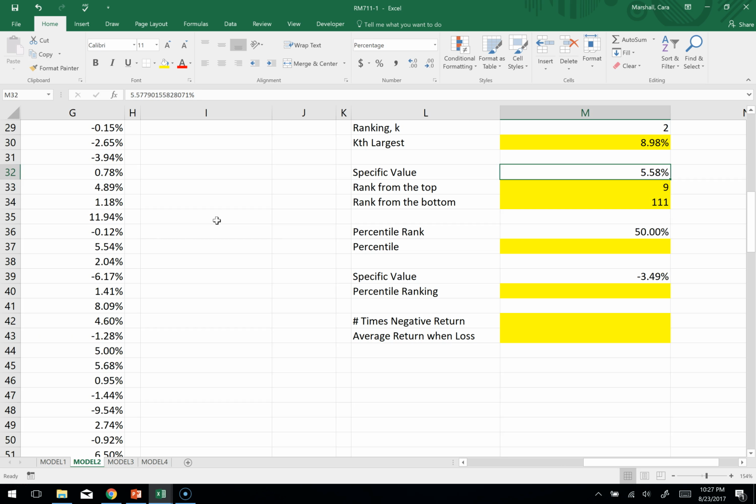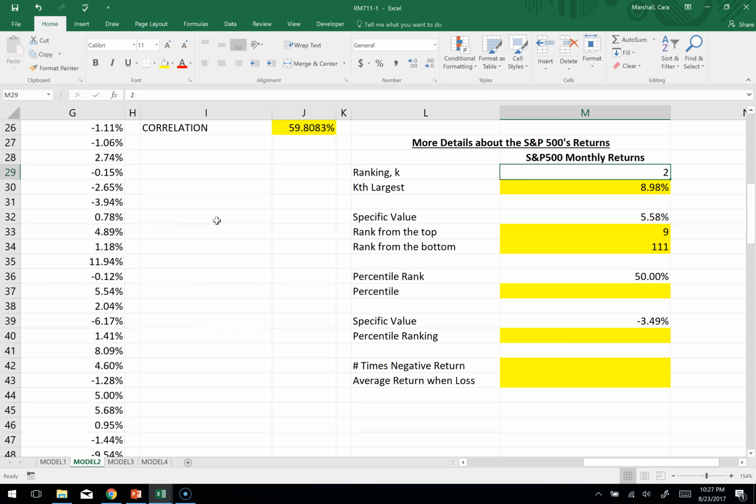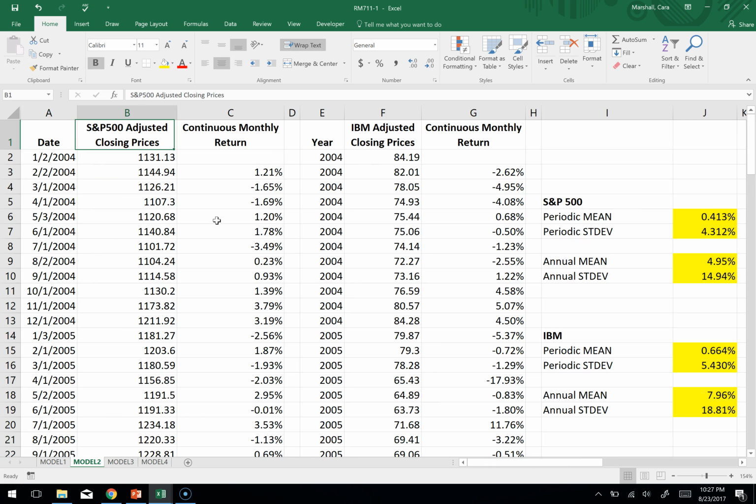Yeah. Now I'm thinking we keep looking at these S&P returns. It might actually be helpful to name the range of S&P returns. This way we don't have to keep scrolling back and forth and selecting that range over and over again. So if you wanted to name this range of S&P returns, right, what we could do, so over here,